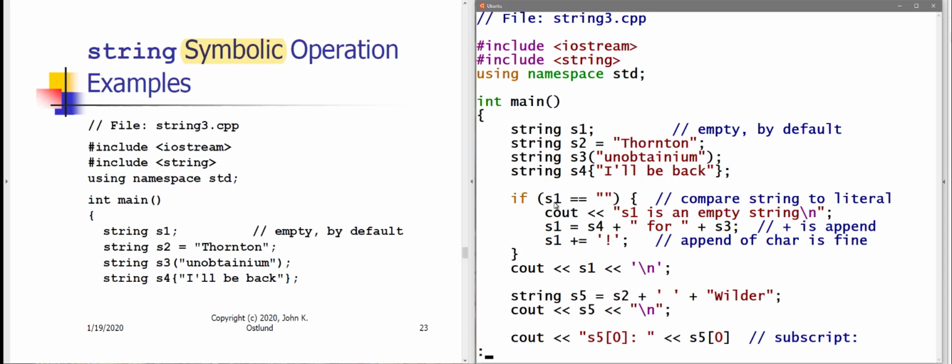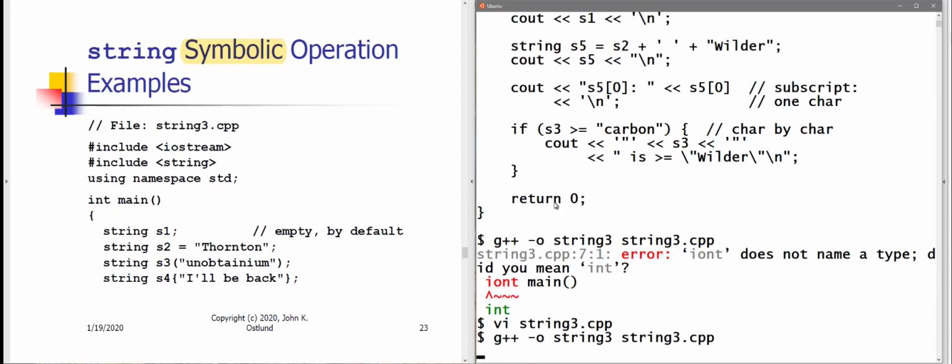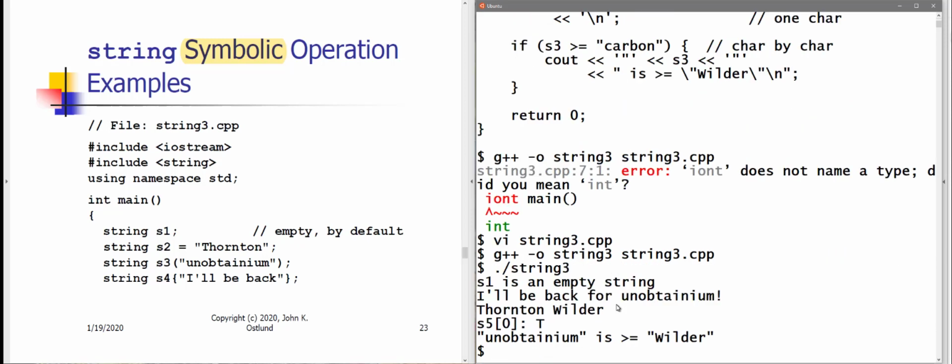Alright, so int main, and recompile. Alright, so now it compiled successfully. Let's walk through this. Let me run the thing in my Ubuntu window, and we'll walk through and see why we're getting the output